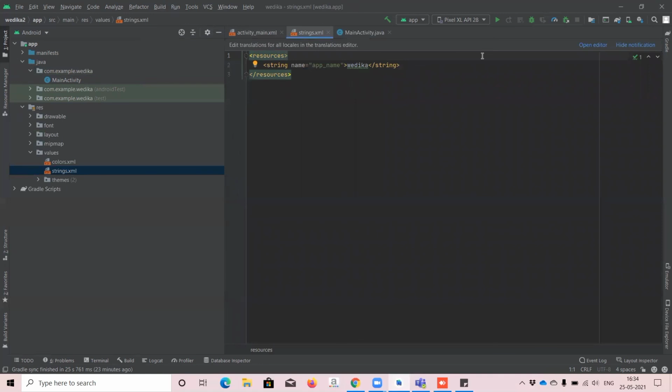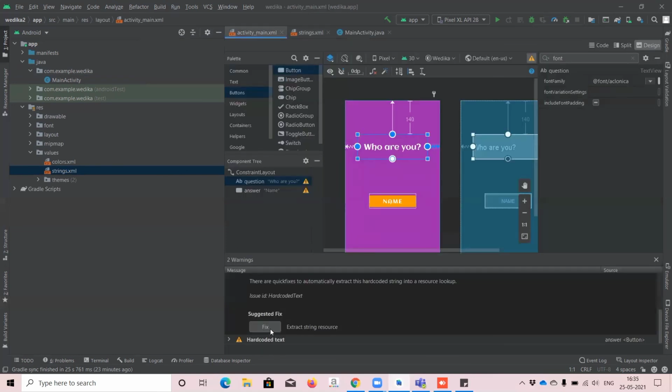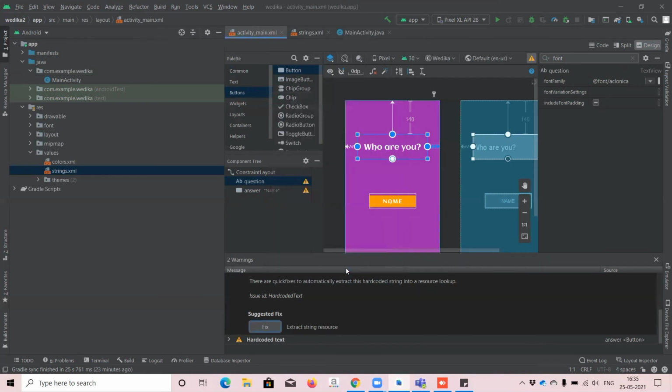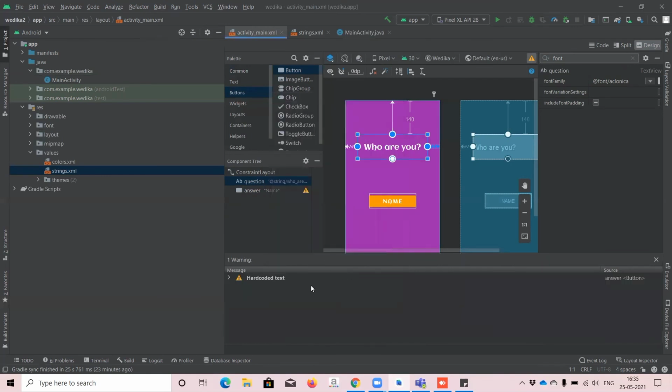That is the reason it is showing an error. It's kind of disturbing, right? Just give me a moment. I'm going here, fixing this bug. So who are you will be the question. First error is sorted.